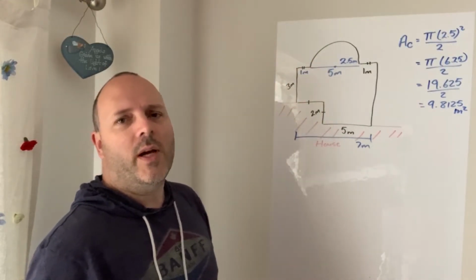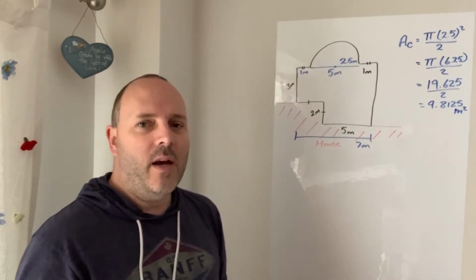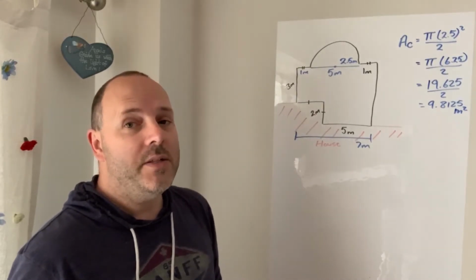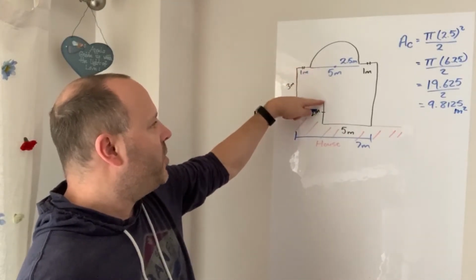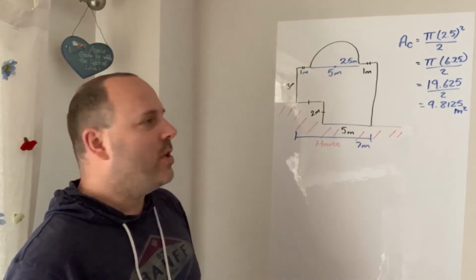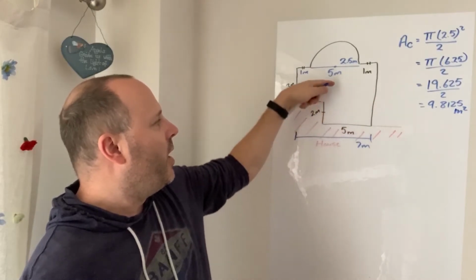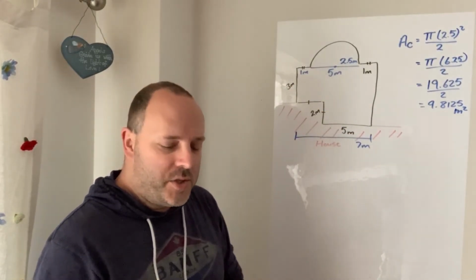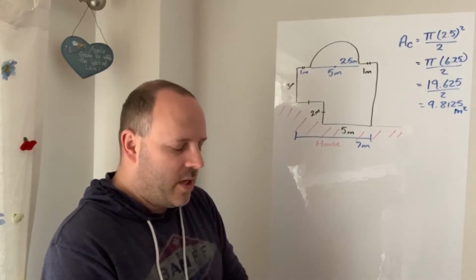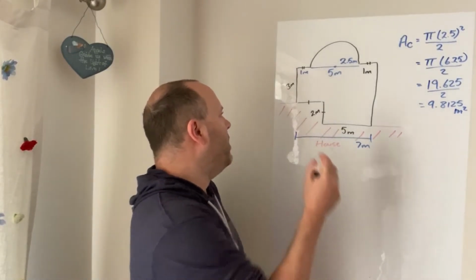What about this large rectangle? I could split that up into 2 rectangles in lots of different ways and find the area of each one. I could divide it this way and have 2 rectangles vertically. I could divide it this way and have 2 rectangles horizontally. Or here's a little trick that I like to use lots of the time. I could look at this piece